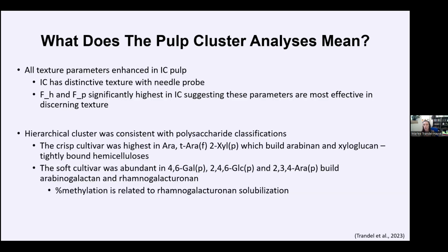Now, the hierarchical cluster analysis was consistent with the polysaccharide classifications. Indigocrisp was highest in arabinan and xyloglucan, and arabinose, T-ara-F, and 2-xyl-P are specific sugars and linkage residues known to build these hemicelluloses. And these hemicelluloses are considered tightly bound hemicelluloses, so they are less likely to be degraded after